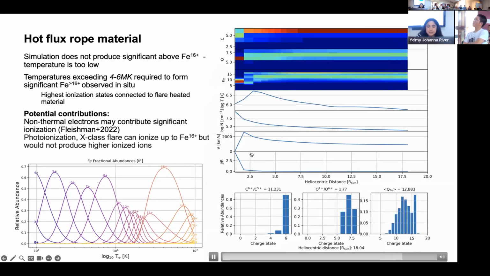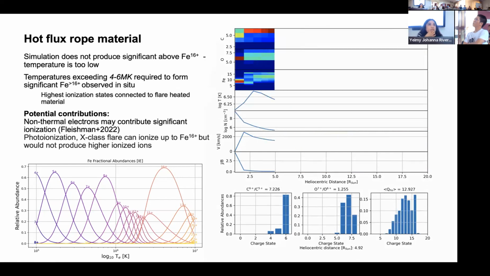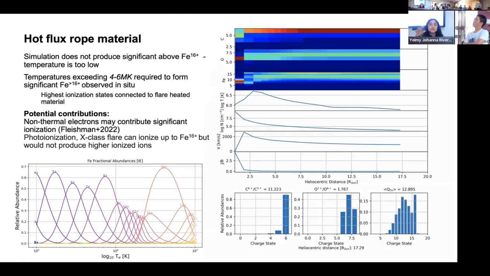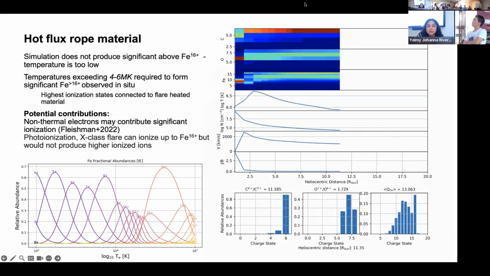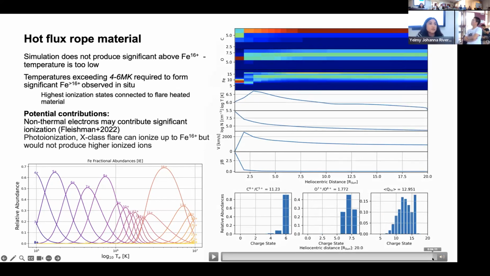Same idea. In this case, we're trying to reconstruct the first half of the CME. If you remember, that was where iron had a peak at iron 16, very, very ionized plasma. And what we find is that the simulation really couldn't reconstruct the charge states of the first half of the CME. As I sort of hinted at before, the model really doesn't get hot enough to produce anything above iron 16. The temperature is much, much too low to form anything above iron 16. You really do need temperatures that reach over 60, which is something that we didn't see in the simulation.